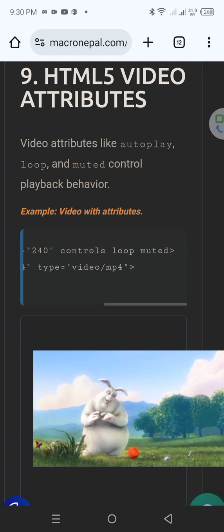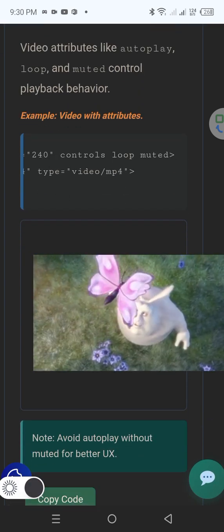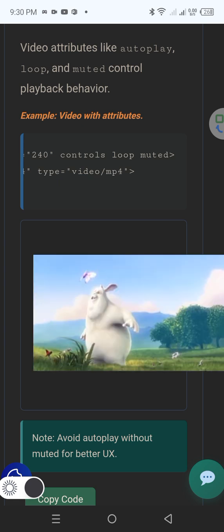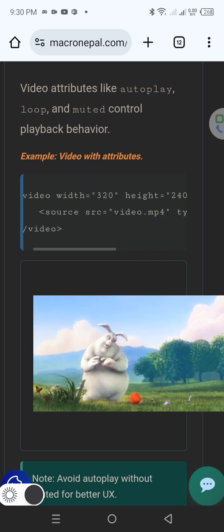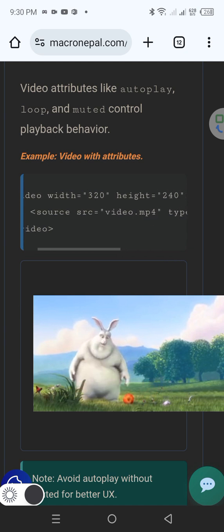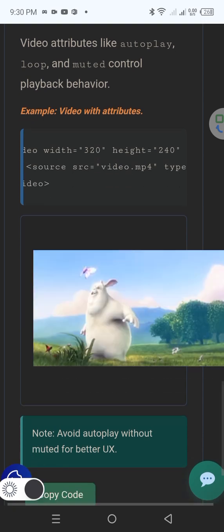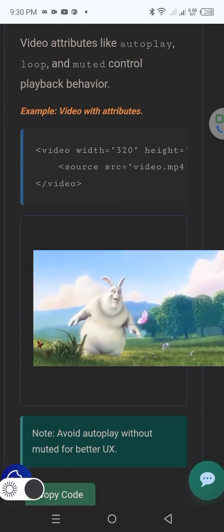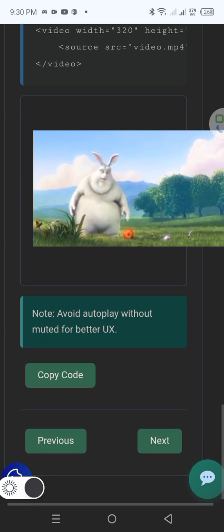Controls, loop, muted means this video will play automatically on loop. Source src video.mp4 means we have taken its source from our computer. Also avoid autoplay without muted for better UX.